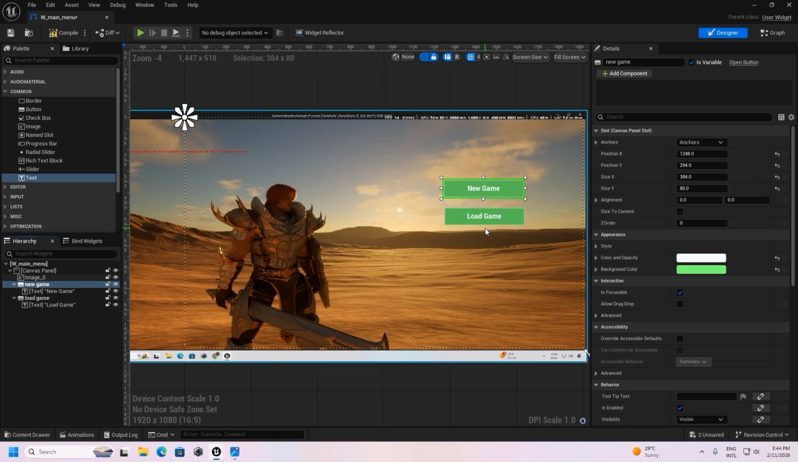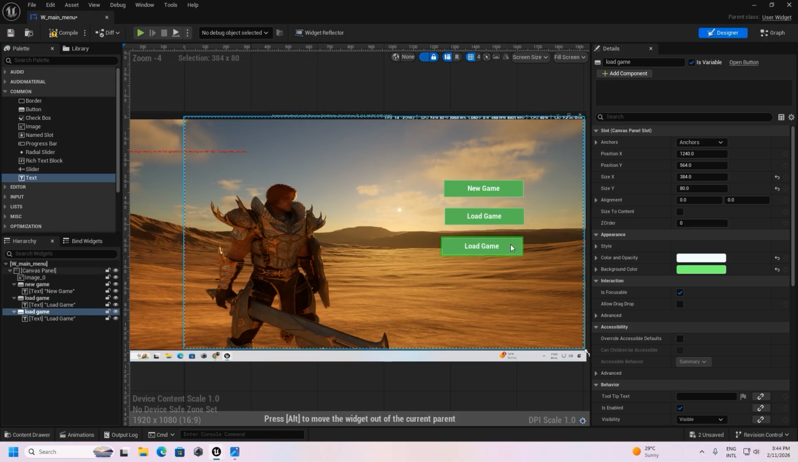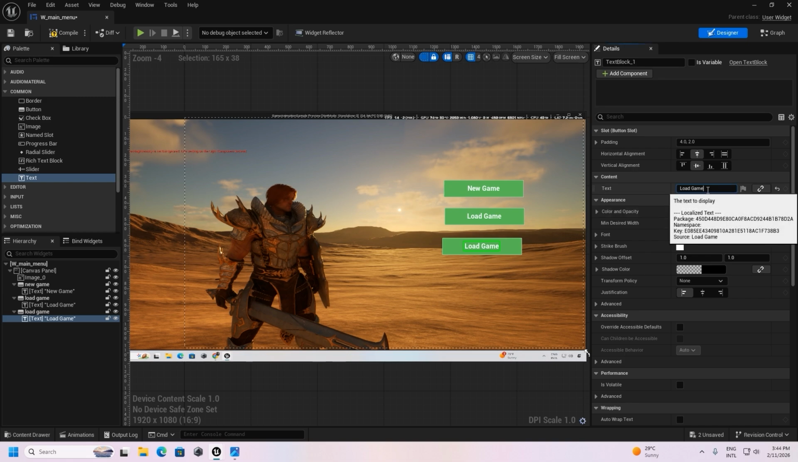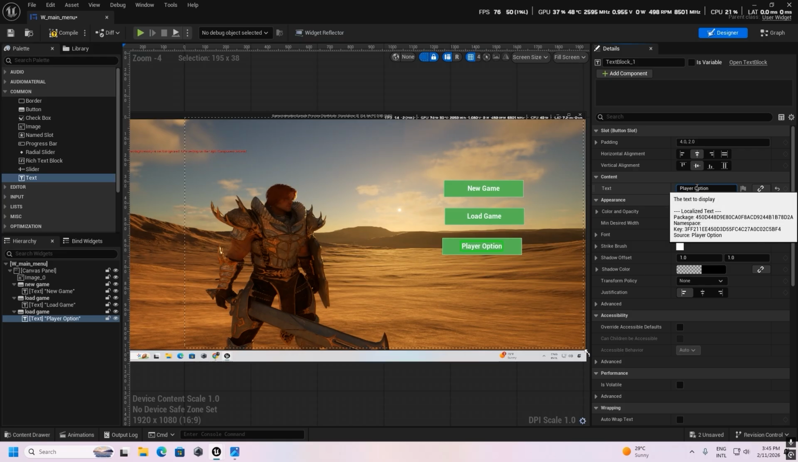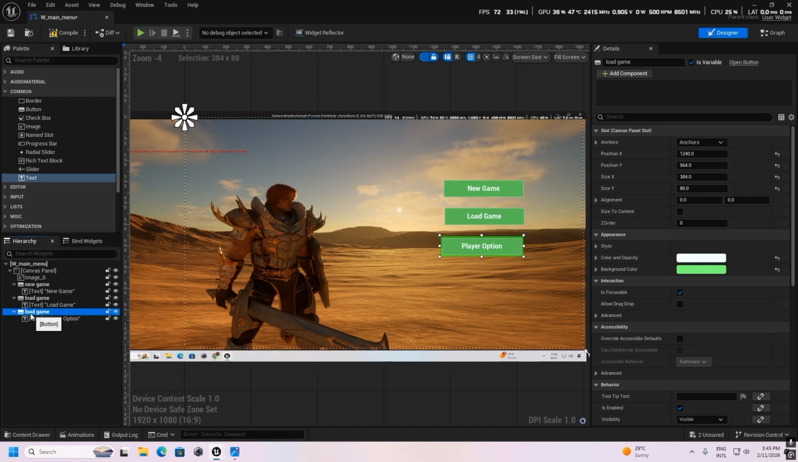Okay, and add another button here. Just press Ctrl D, copy the button, and rename the text to player option. Okay, and also rename it player option. Okay, and